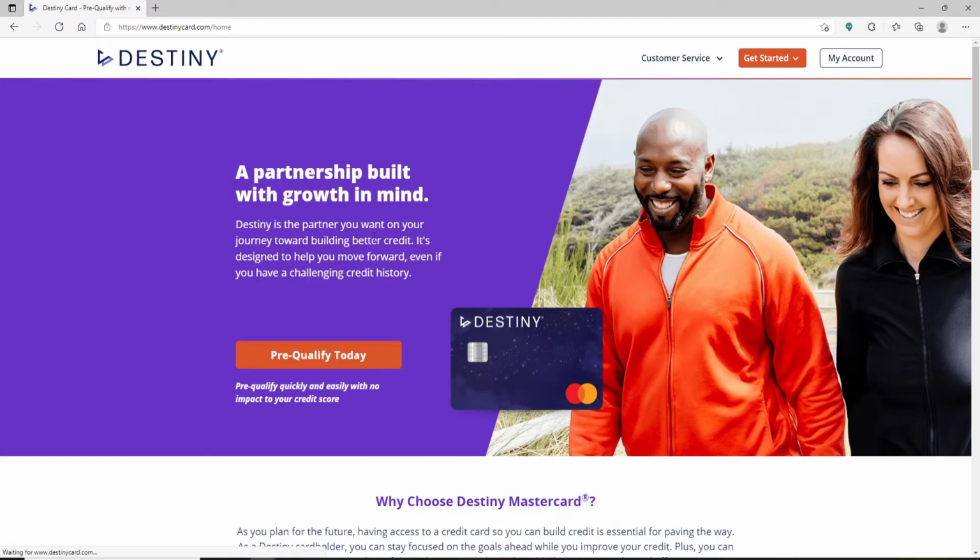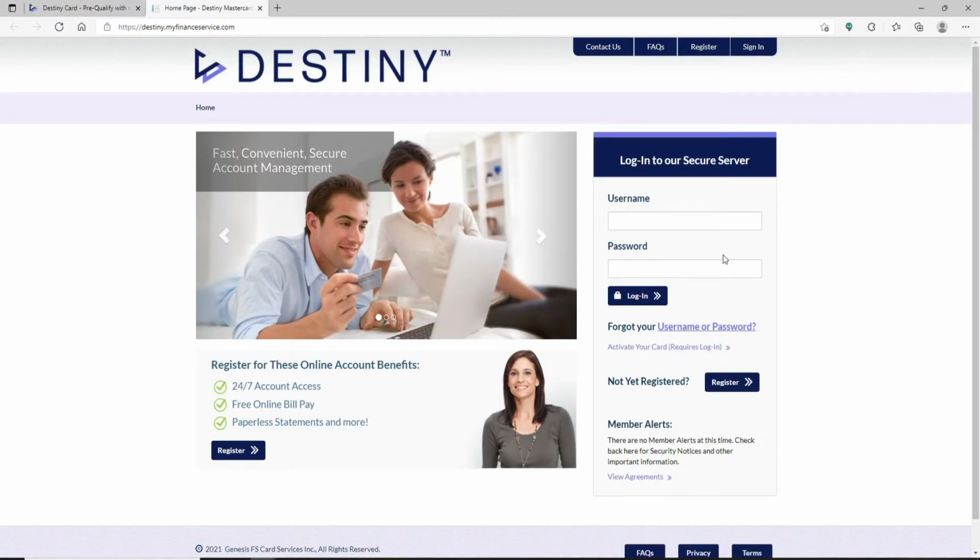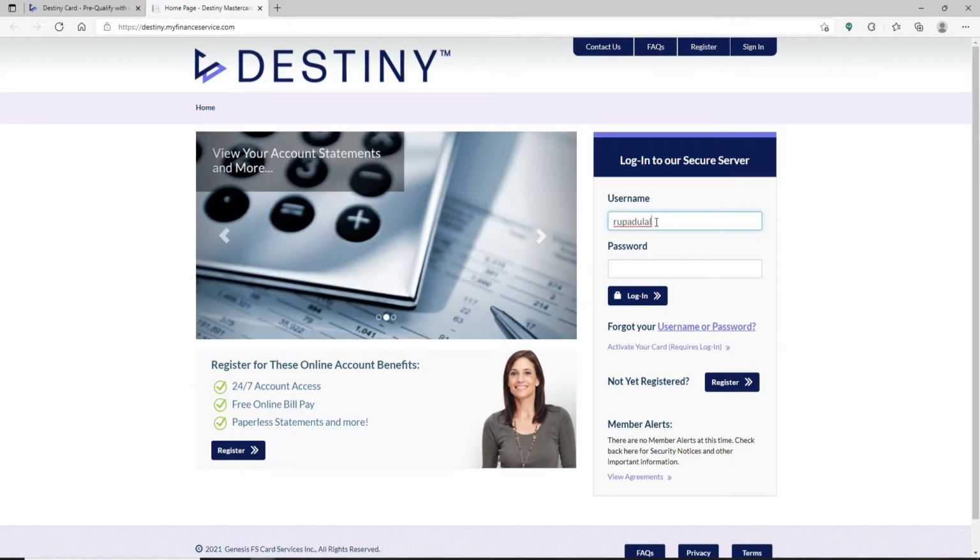Once you do that, you'll be taken to the homepage of Destiny. Go and click on this My Account button at the upper right hand corner and you'll end up in the login area. Start by entering your username in the first text box that says username and then head over to